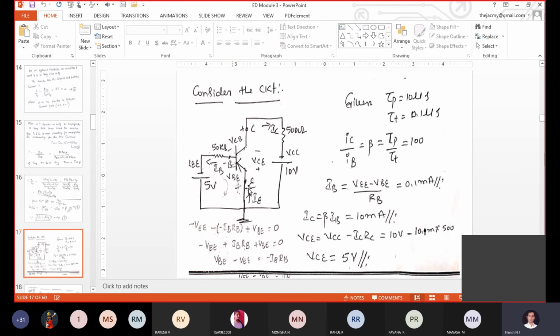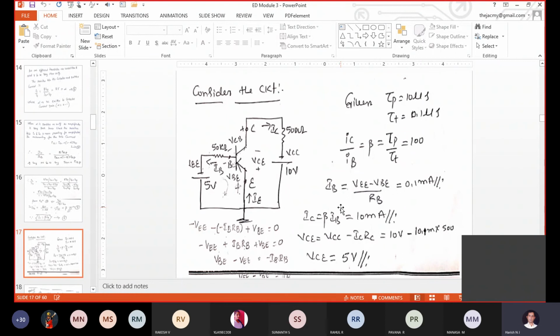So anybody, will you tell me, which type of transistor am I considering here? Is it the NPN transistor or the PNP transistor? PNP. It is the PNP transistor, correct? So when we have taken the PNP transistor, here we need to calculate what is the IB current, what is the IC current, what is the IE current and what is the VCE value. All these things we have to calculate here.